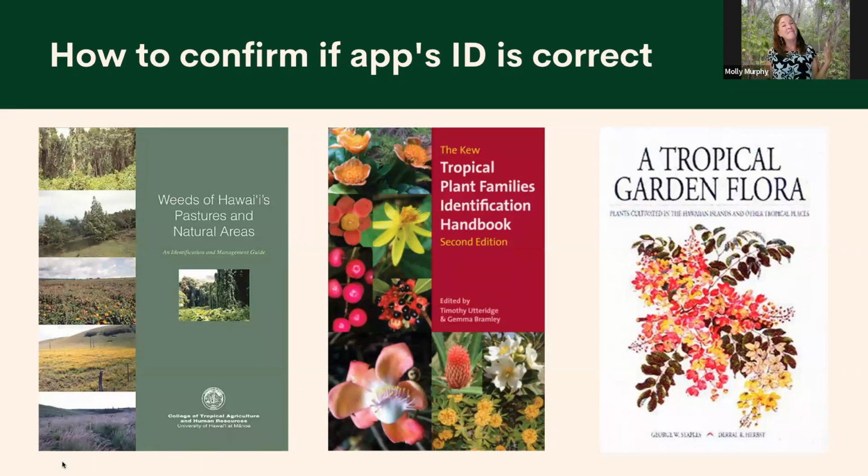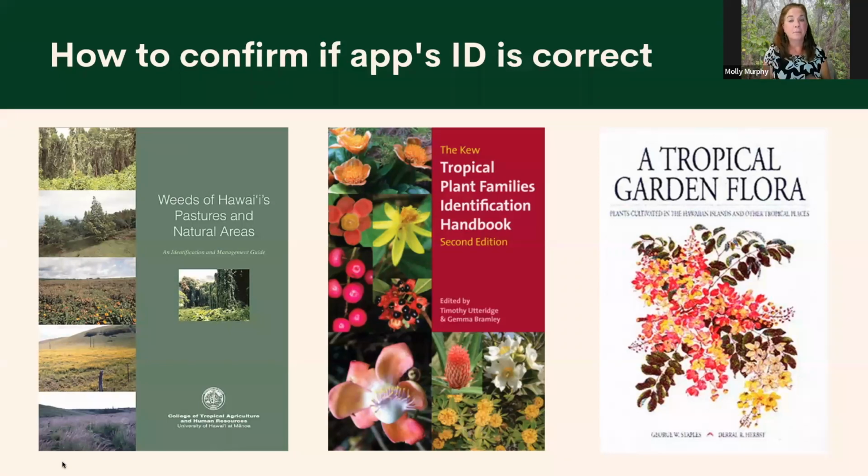So I really love books still. These are three of my favorite books. On the left, we have Weeds of Hawaii's Pastures and Natural Areas. I work for the Big Island Invasive Species Committee, so I try to prevent invasive weeds from growing, and I like to know what invasive plants are common here. That is a great book to figure out what's growing all around you. It's not going to give you early detection, but it lets you know by growth form and species what kind of plants are around you, and it'll give you control information also.